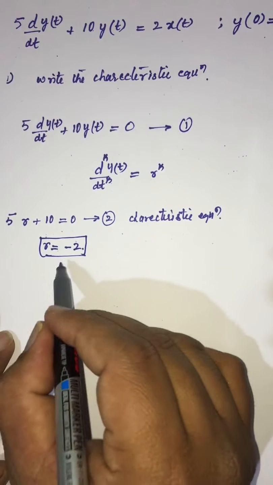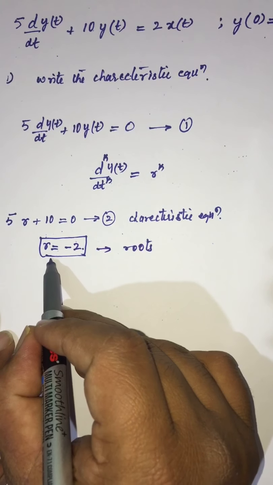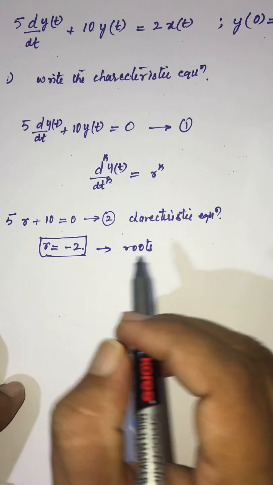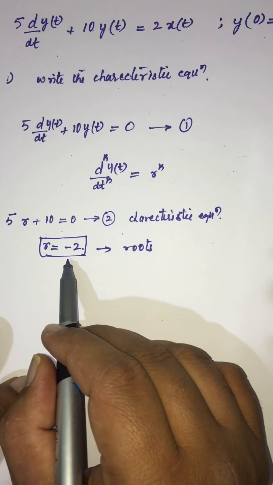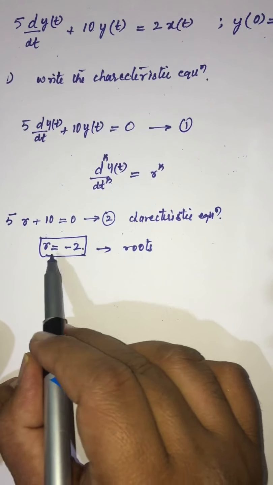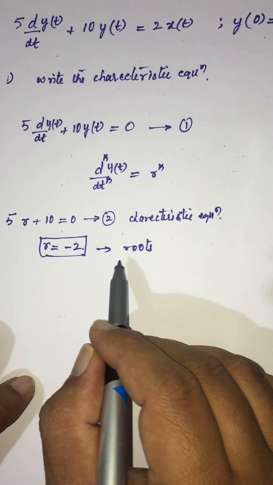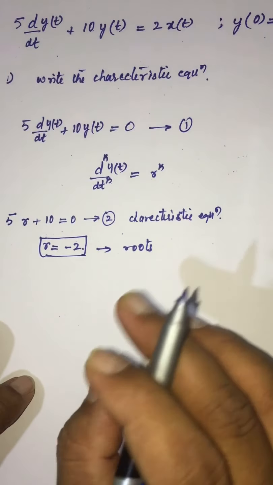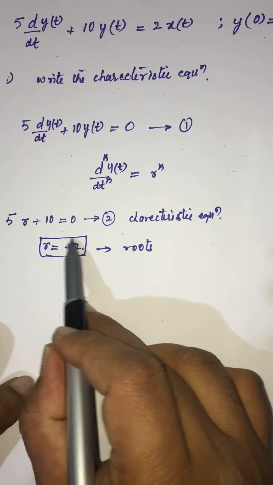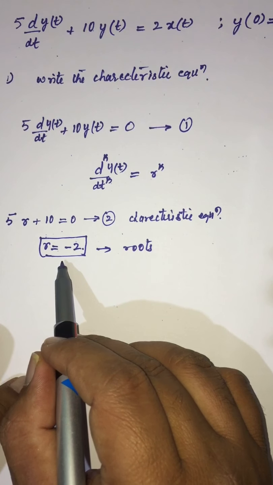Now based on this root, this is called a root or roots. Since there is only one root, this can be a root. Okay, simple root. There will be no plural, right? Now the root of this equation is real and distinct. There is no complex value, isn't it? And the root is not at all repeating. There is only one root, and even if there are more roots, if they are not repeating, such types of roots are called real and distinct. Now since only one root we have obtained by solving this equation, the root is real and distinct.